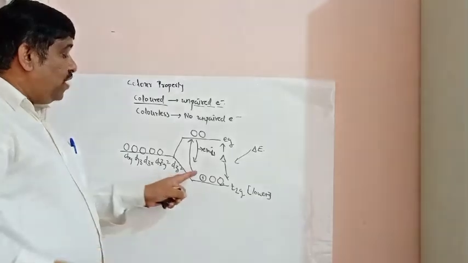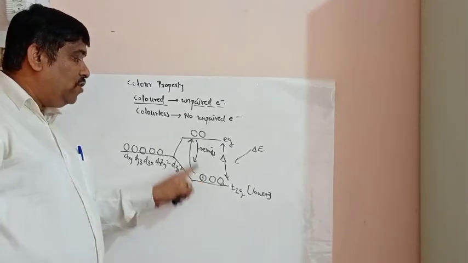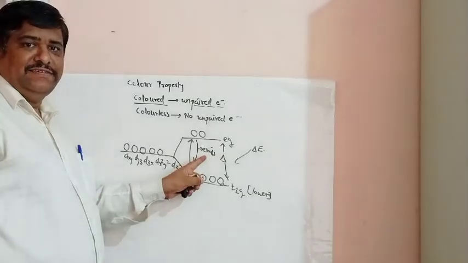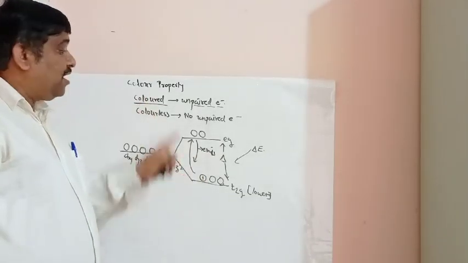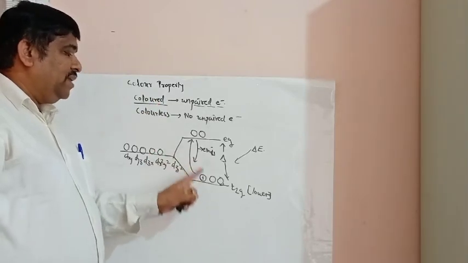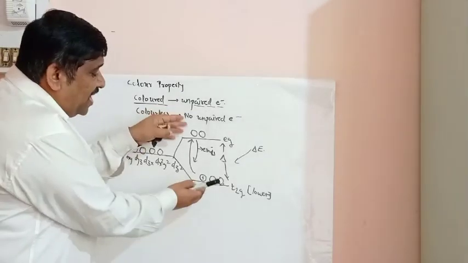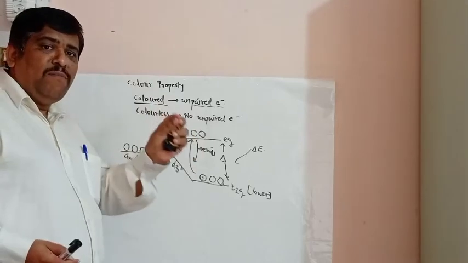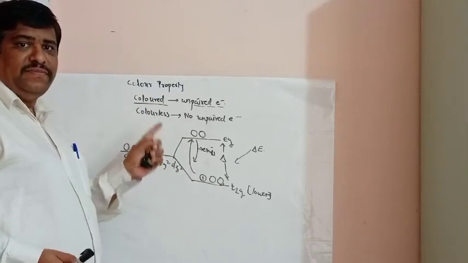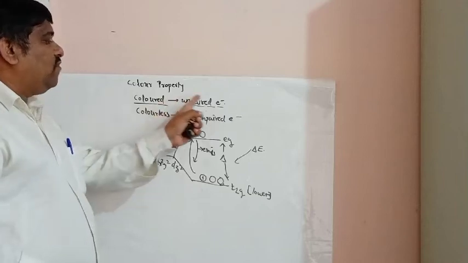This means unless you have the unpaired electron, it is not going to jump from lower to higher, and it is not going to fall back and emit the energy. Therefore, to get the color property, an unpaired electron is a must in the lower energy orbital or lower energy level here. This gap is very small, therefore a very small amount of light is also sufficient to get the color. Therefore, remember that the d block element shows the color property because of unpaired electrons.